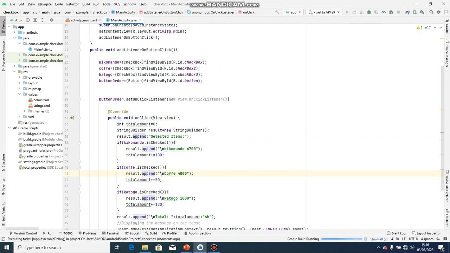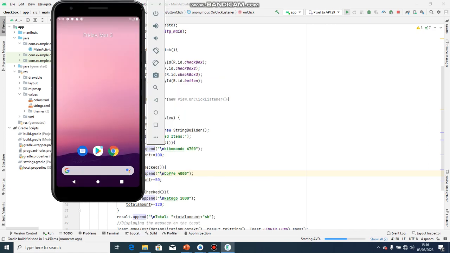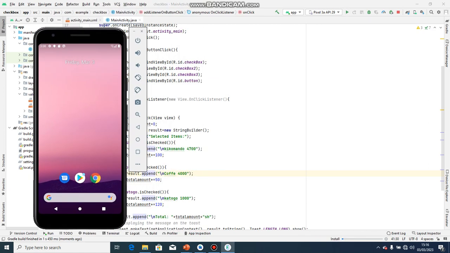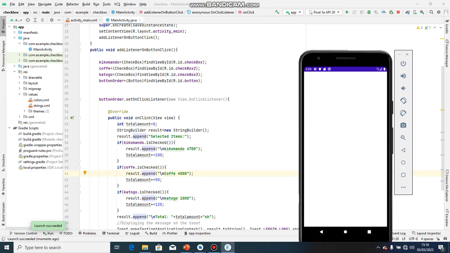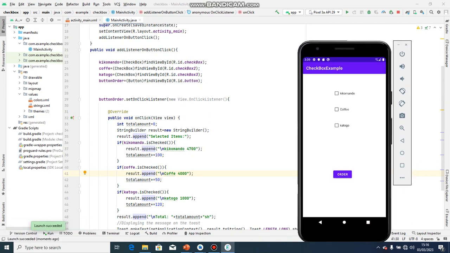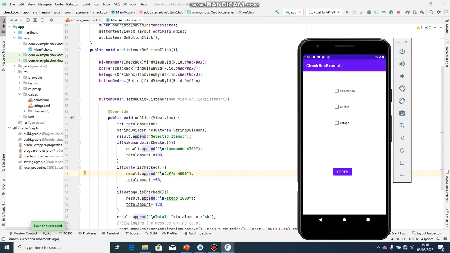I can run using a connected Android phone, or I can use this virtual device. So now we are running this code. So now when we check Commando and we say order, then it will say the item selected,